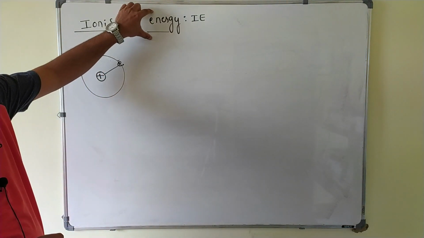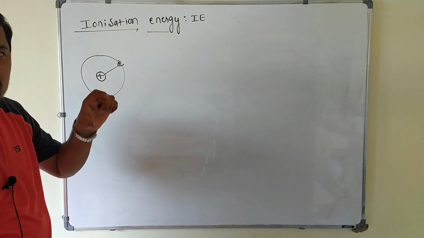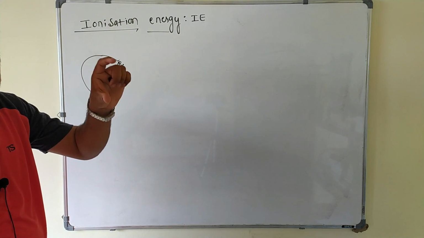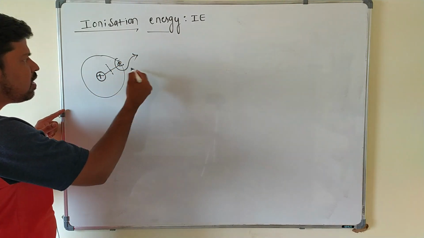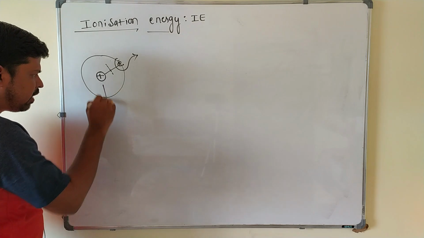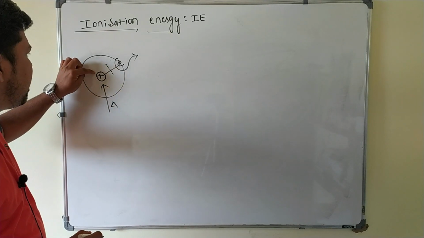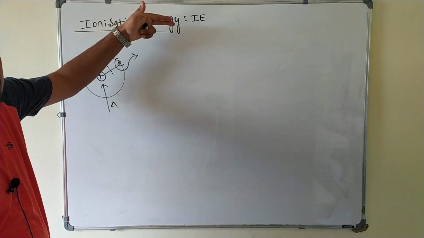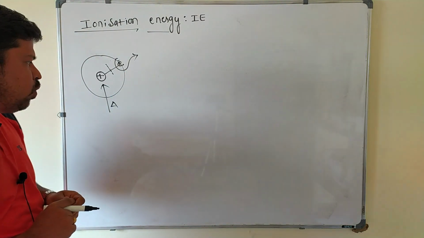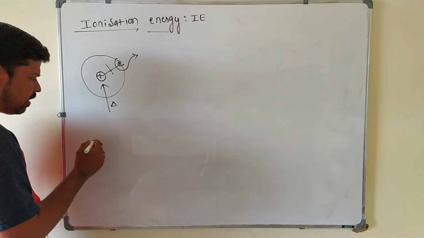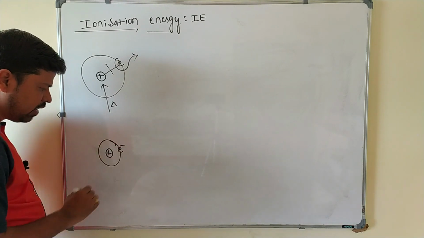What is ionization energy here? The amount of energy required to remove the electron from the neutral gaseous atom. Always we are removing the electron from the gaseous atom. If I want to remove this electron, I have to break the force of attraction between the nucleus and the electron. For that, I will supply some amount of heat energy. This heat energy breaks the force of attraction between nucleus and electron, then the electron comes outside. How much energy is required to remove this electron is called ionization energy. The same thing we will do with a small size atom here. This is the nucleus, and this is the energy level where the electron is present.